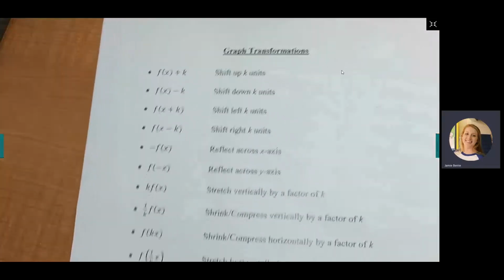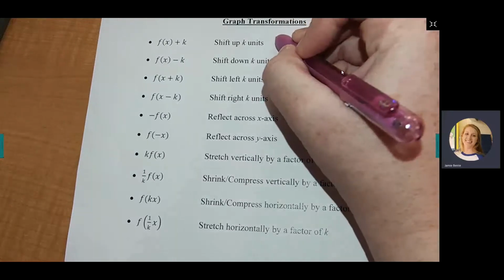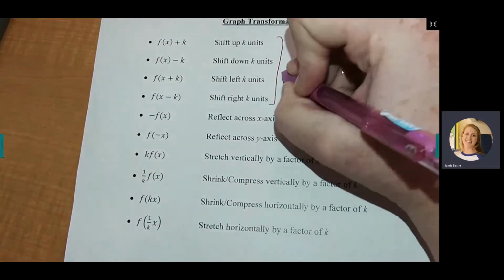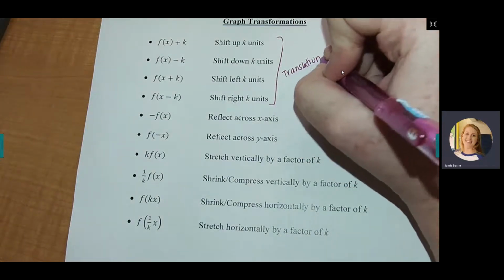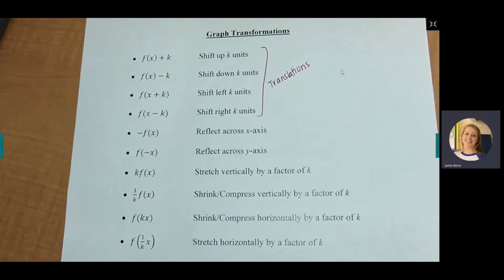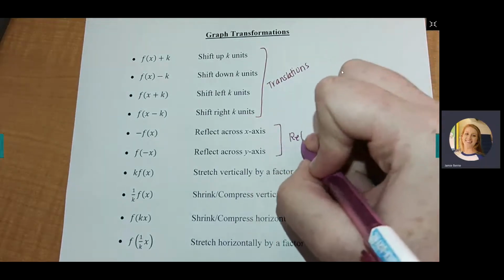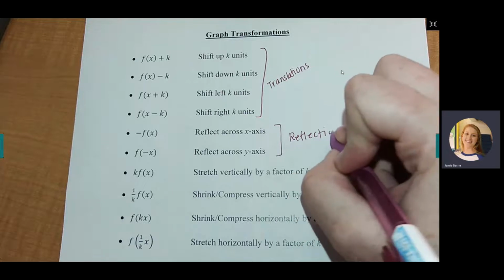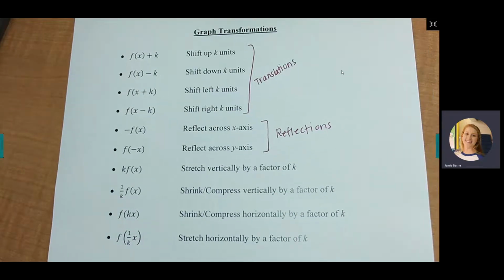And then let's take a look at our graph transformations. We have 10 graph transformations. We're going to focus just right now on these first 4. These are called translations. All right, so the first 4 are called translations. The next 2 are called reflections. And then the bottom 4 are